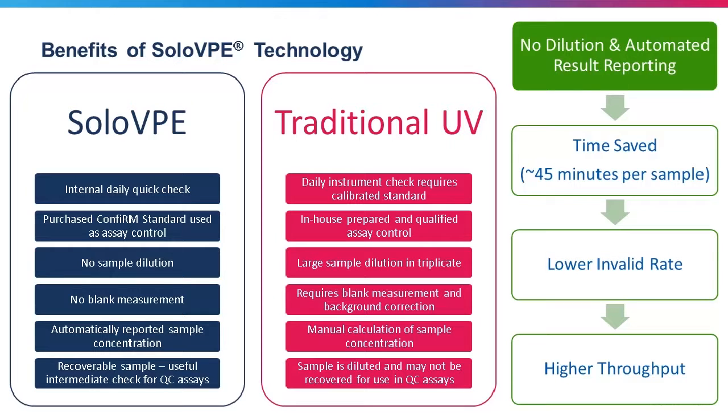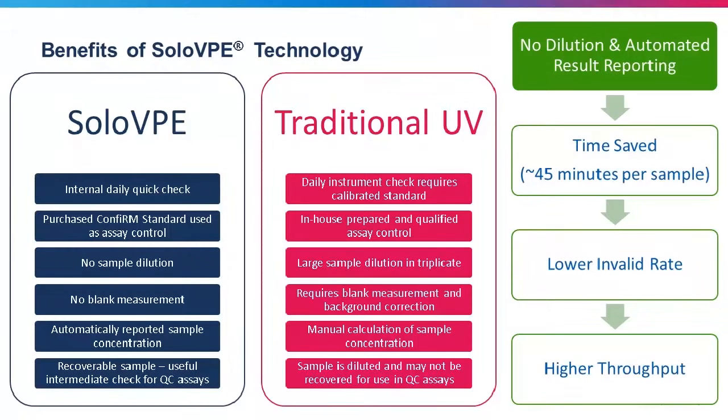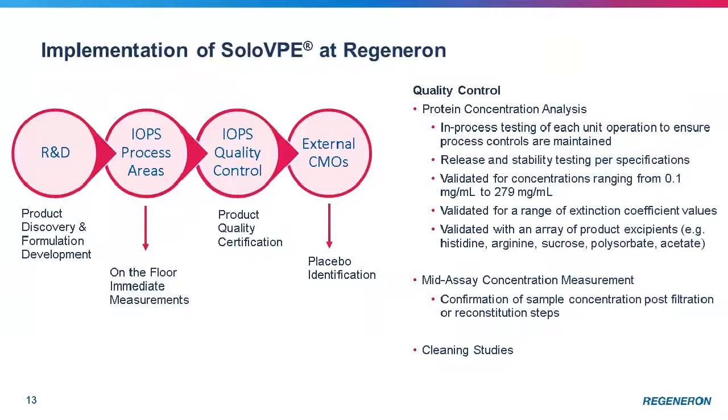We're also able to lower the invalid rate as we are eliminating any variability from analysts as well as pipettes. By saving time and lowering the invalid rate, we're able to implement a much higher throughput method within the QC laboratory. At Regeneron, we have implemented the SoloVPE technology in multiple areas of the business, some of which include our